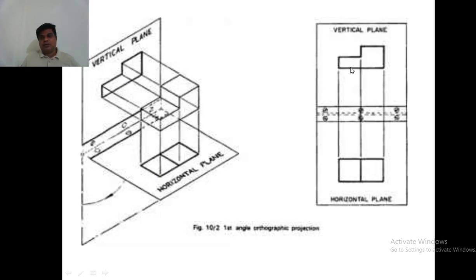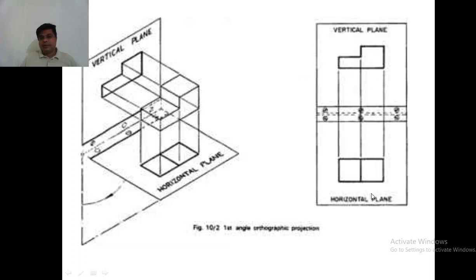This is the front view of this object. You can see only this face. When you see from the top, you can see only this face, so you can see two squares here. This is called projection of planes or solids. This is the vertical plane, and this view, this shadow, this image is called the front view.